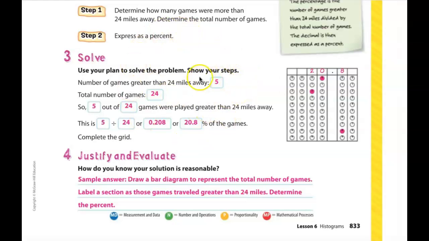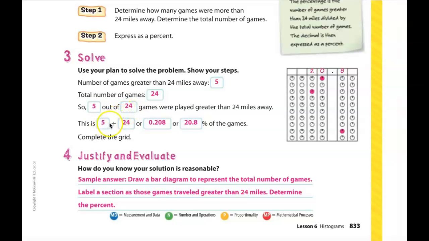Now, just for your own notes, I'm going to go ahead and show you the bottom of this screen. I turned the answers on. The first thing we did was we determined how many games there were that were 24 miles away. And then we figured out the total number of games. And then we expressed that fraction as a percent. So there were 5 games that were that far away. Total number of games was 24. So 5 out of 24 can be written as